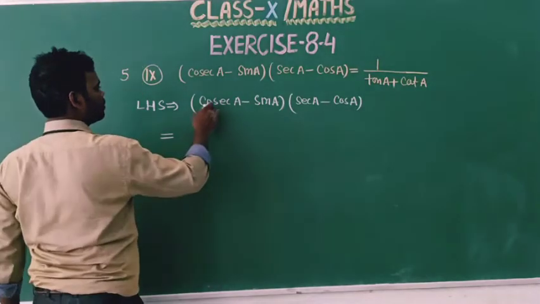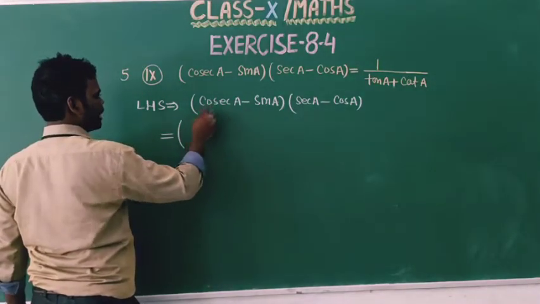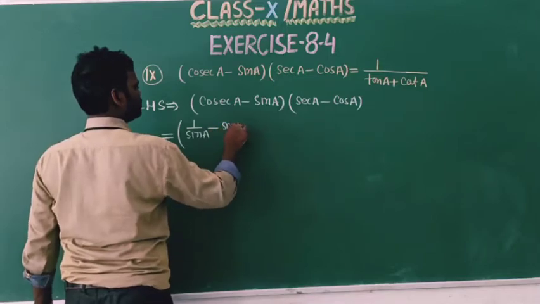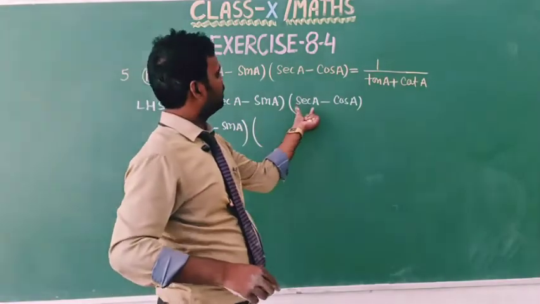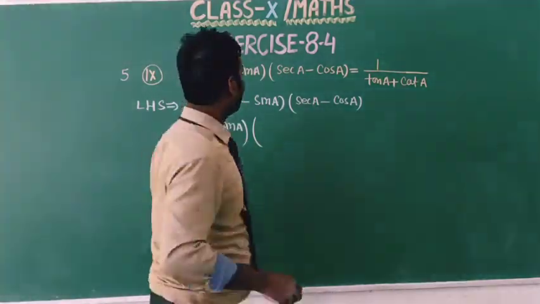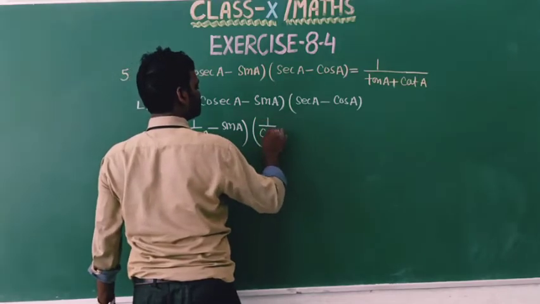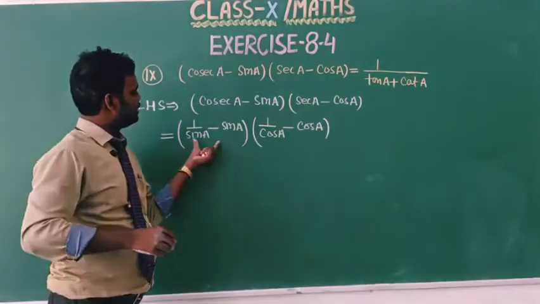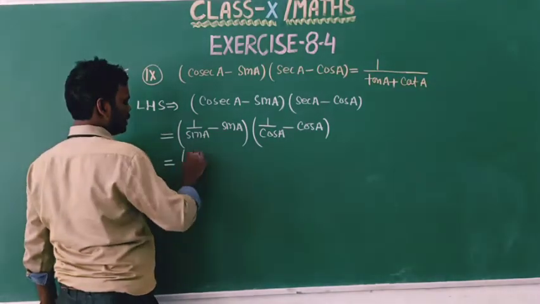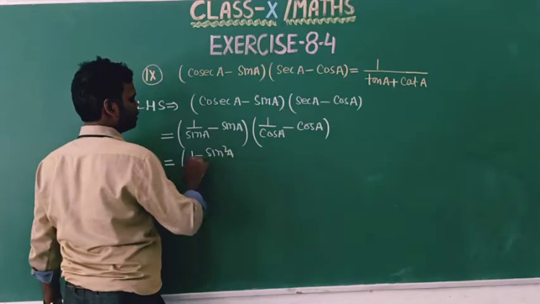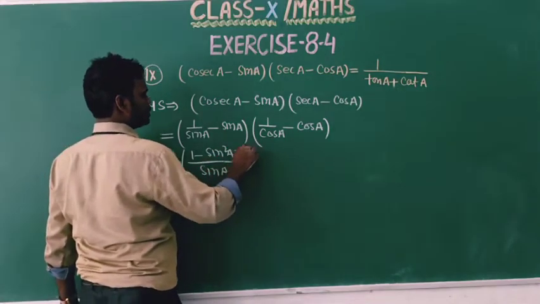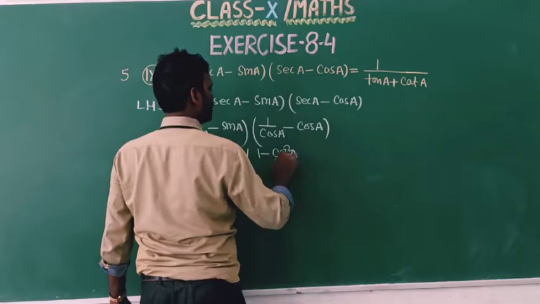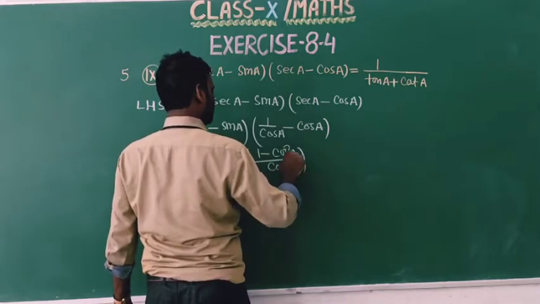Okay, so this is written in terms of sin, so this is 1 upon sin A minus sin A. Sec is expressed in terms of cos, so this is 1 upon cos A minus cos A. Now taking LCM over here, this becomes (1 minus sin square A) upon sin A, and this becomes (1 minus cos square A) by cos A. Okay,